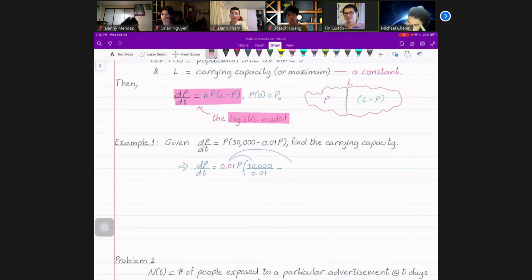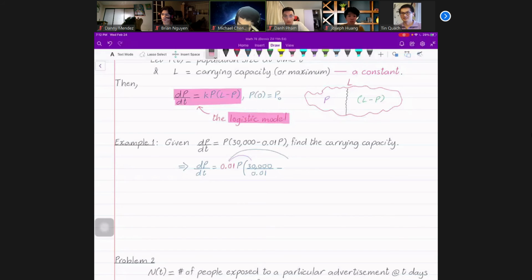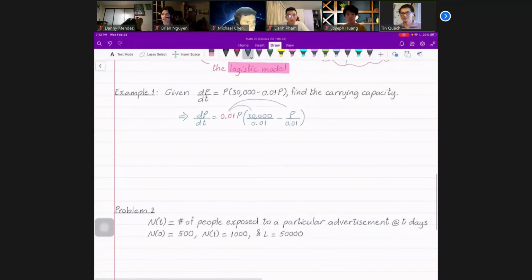P over 0.01. Good. Okay, so it's going to be p over 0.01. So what does that mean? That means dp/dt is equal to 0.01 p